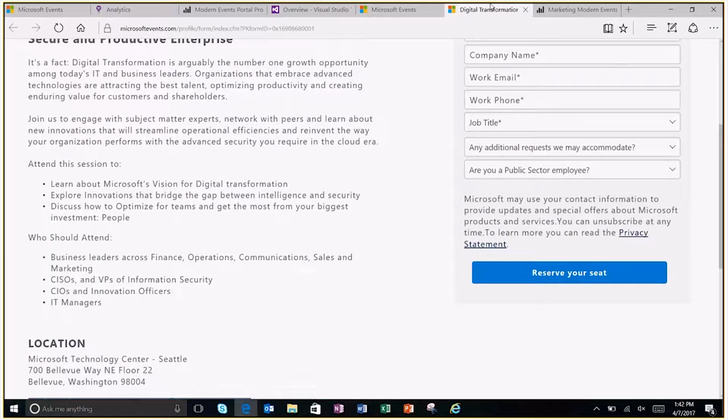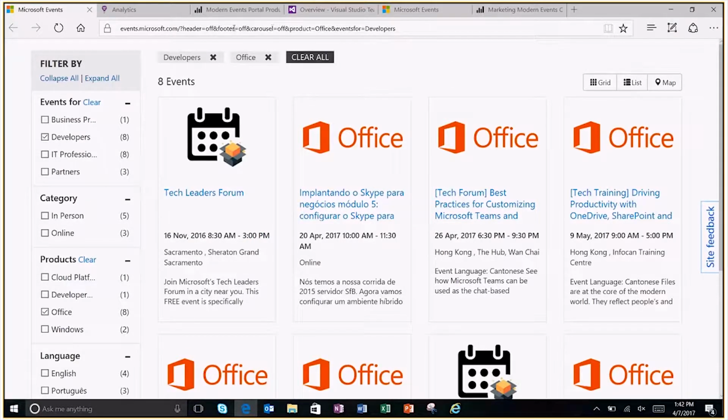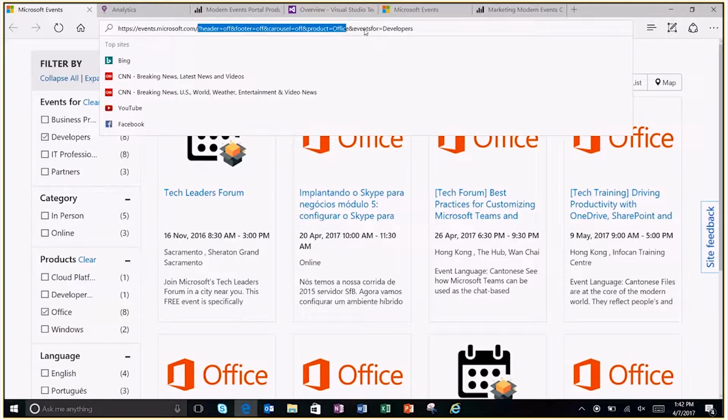So if you see the URL at the top, basically it's event portal, but we are asking for Office, any events related to Office, and without the carousel bar at the top, without the header and the footer, just show me this site, and this site can embed it into the Office website for them to look at the events that are related to Office. So that's the cool thing that we have done with this architecture here.